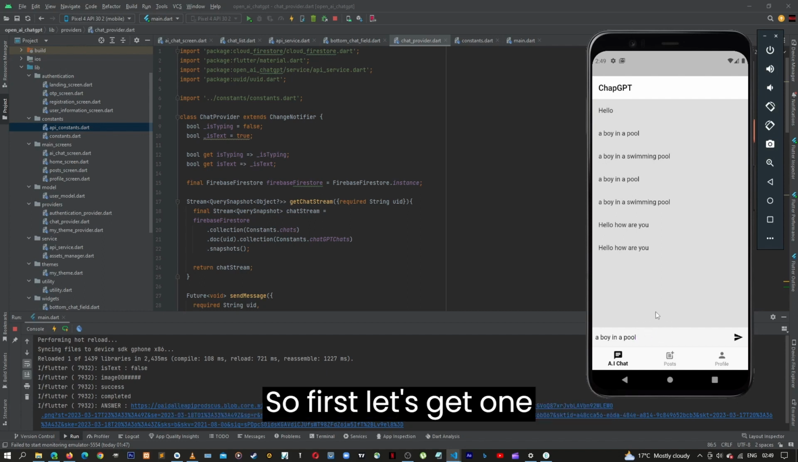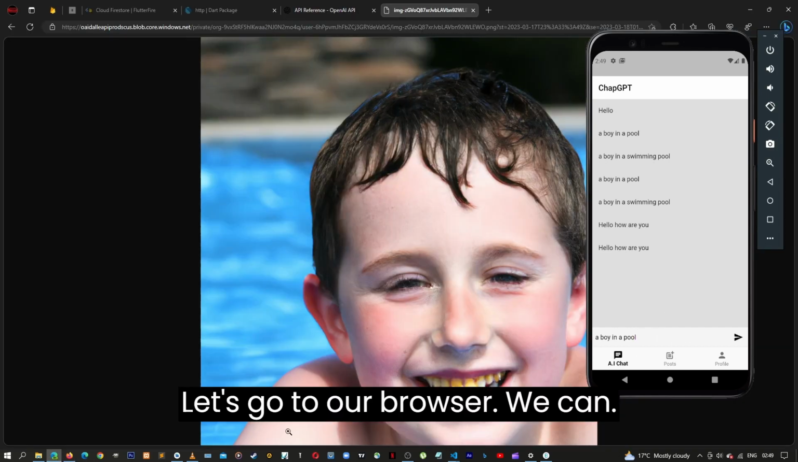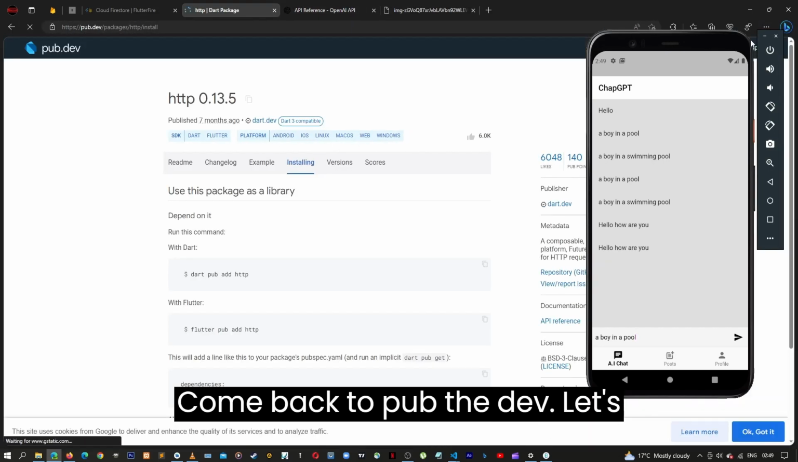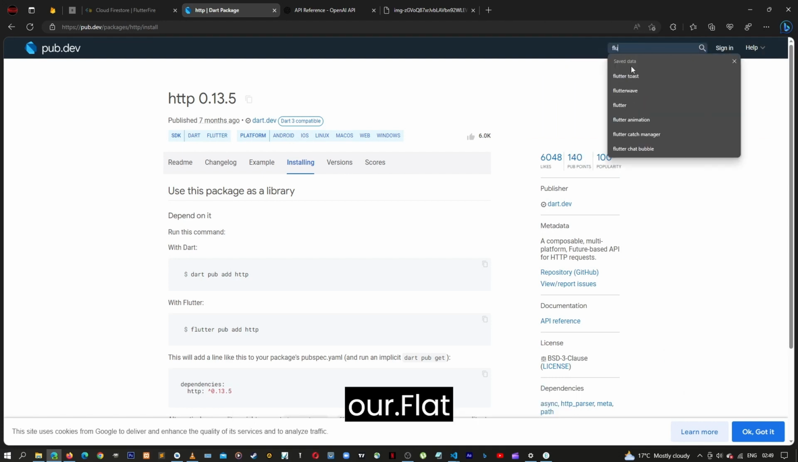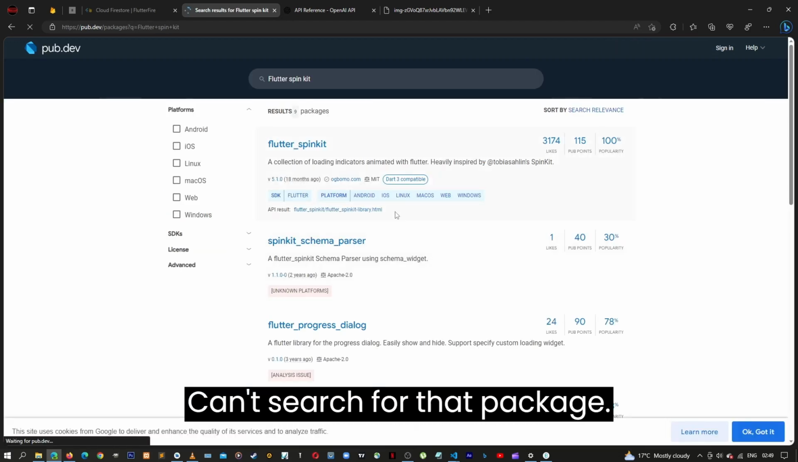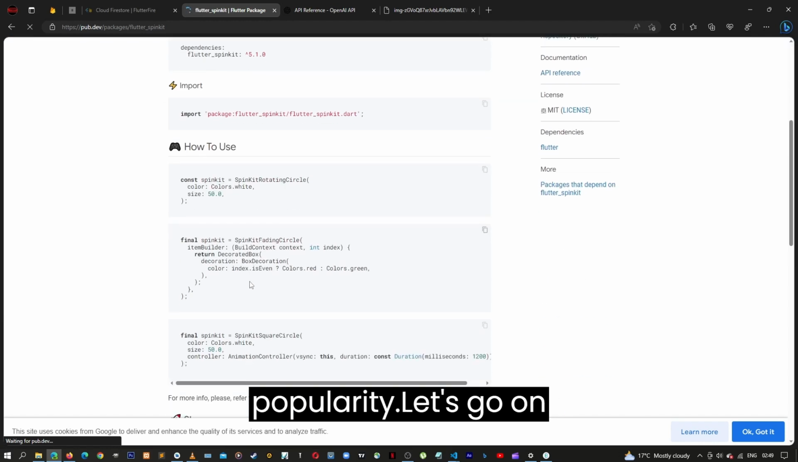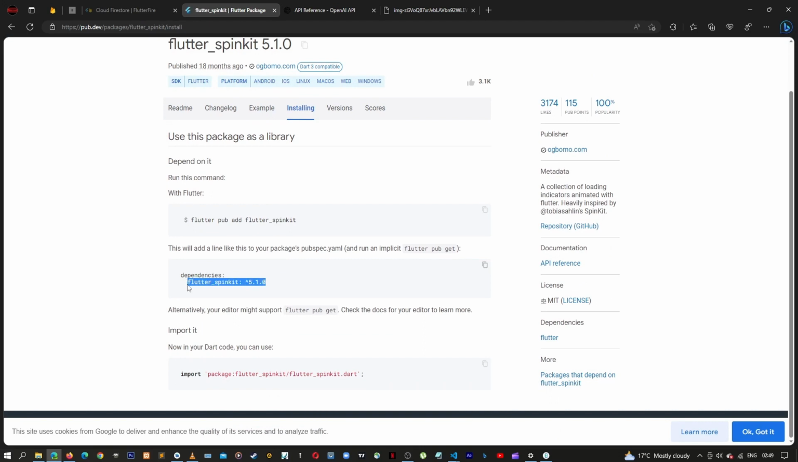So first, let's get one package for the loader here. Let's go to our browser. We can come back to pub.dev. Let's minimize this. Let's get our Flutter spin kit. This one here. Can search for that package. Let's get this one with 100% popularity. Let's go on installation. Let's copy this